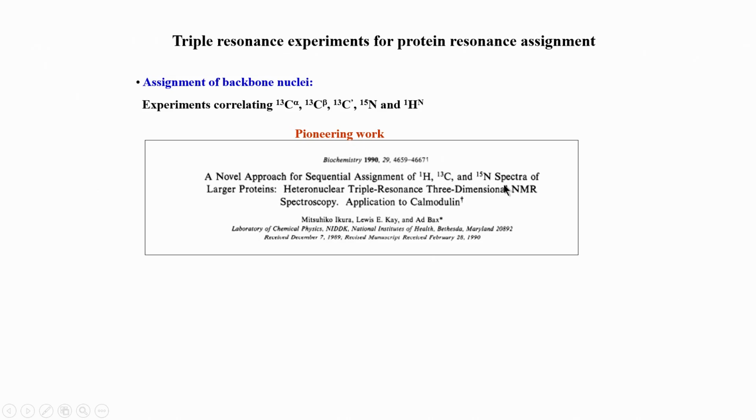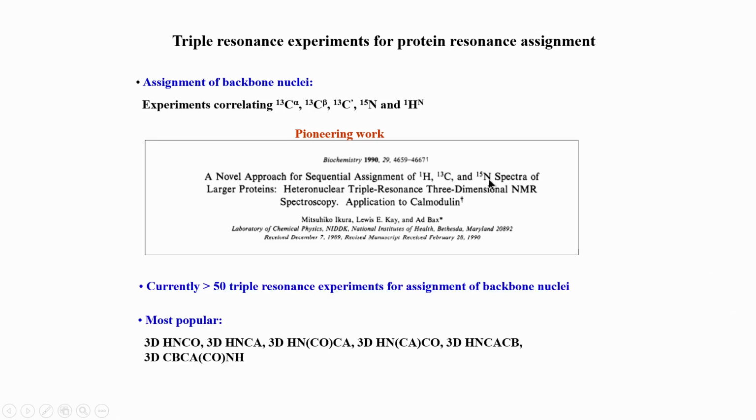So, historically the triple resonance, that is the 3D triple resonance experiment, remember, which correlates these kinds of nuclei. The first paper which appeared in literature was in 1990, and this started the whole game of 3D triple resonance NMR. 3D NMR was known prior to this, but 3D triple resonance, again 3 different nuclei, was done first by this group, and they showed it for a protein, and you can see these are all N15 labeled protein. So, that means it is all isotopically enriched.